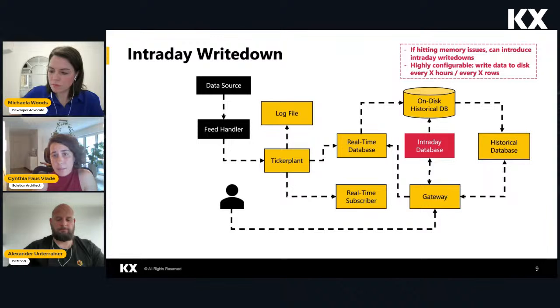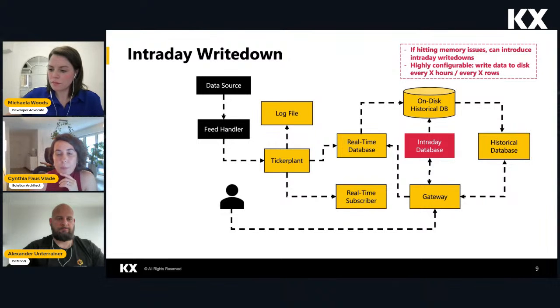And basically the purpose of this process is to be able to leave the real-time database to hold only a subset of today's data. It could be maybe the last hour or the last 10 minutes, while the Intraday database will hold everything else that's still from today. And it's usually divided into two processes. You usually will have a process that is similar to the historical database, will be able to query the data that you already have on disk for today. And then a process that is responsible for actually doing the save down,